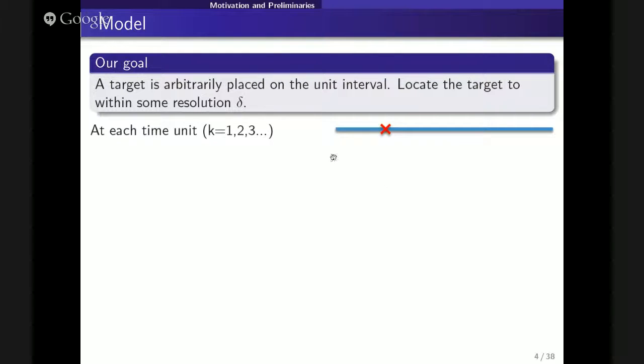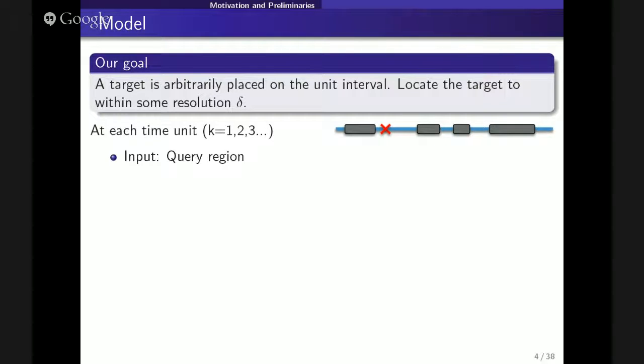A bit more concretely, we have a target placed on the unit interval, denoted by this red X here. We want to locate it with some resolution we call delta. The way we search for it is the following. At each stage, at each time unit, we give our system a query region, these gray areas, which can be anything. It can be a contiguous interval, like from 0 to half, as you would do in binary search, or it can be any other subset, like a union of intervals.